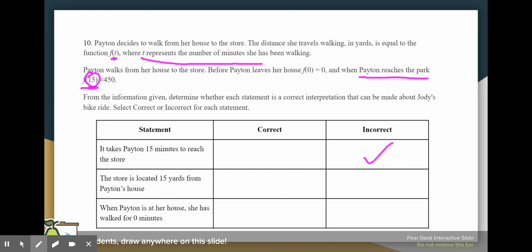Okay. The next one says the store is located 15 yards from Peyton's house. Again, the only place that they have 15 is right there. So this is actually incorrect because the 15 is for time. It's nothing to do with distance. Then the next part says when Peyton is at her house, she has walked for 0 minutes. Well, it just says before she leaves her house, f of 0, and that 0 is the time in minutes. So that is